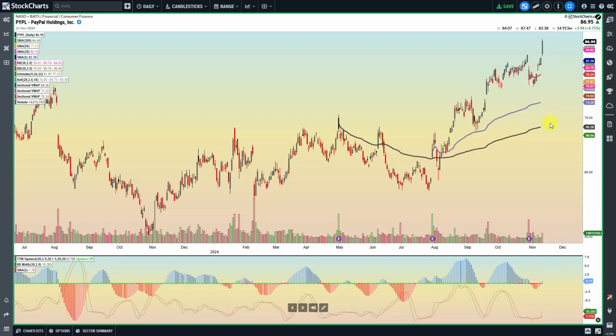So this PayPal is actually on my watch list. You know why? Because down here it was red. It got on my list because it went through my filter as something in consolidation because of the TTM. And today,